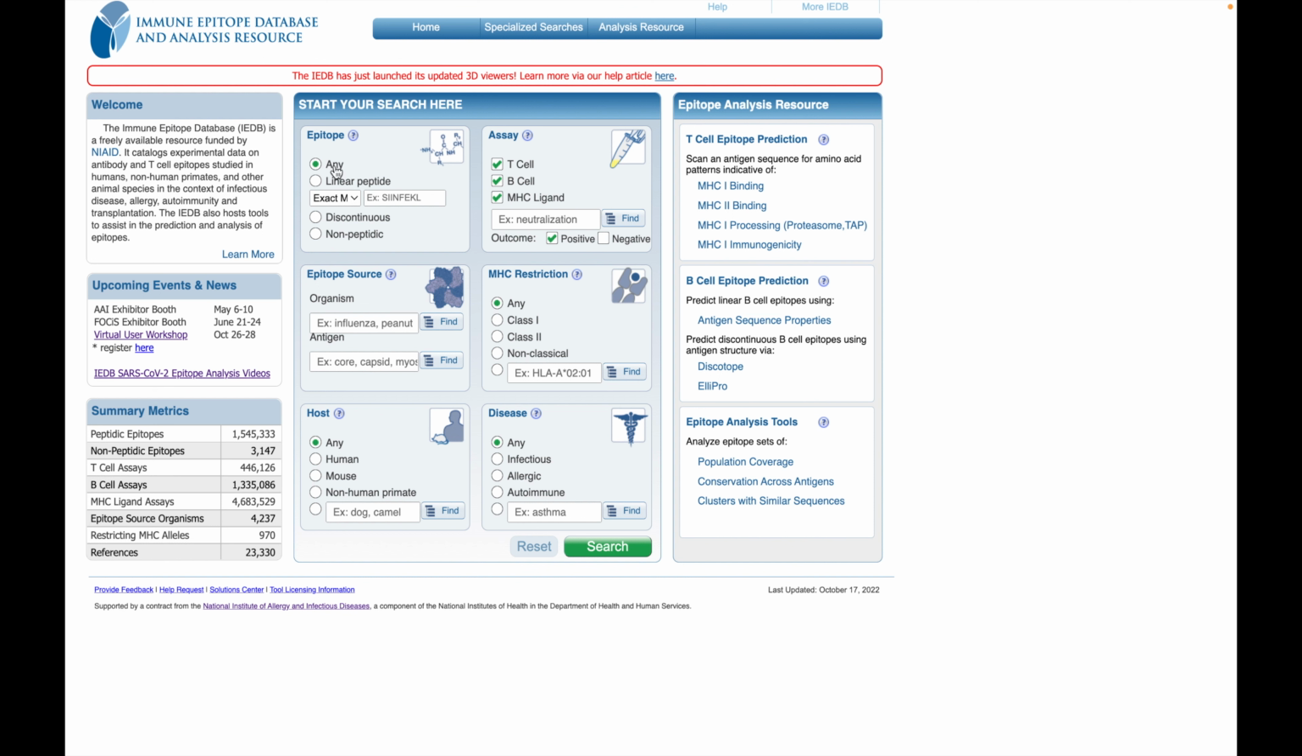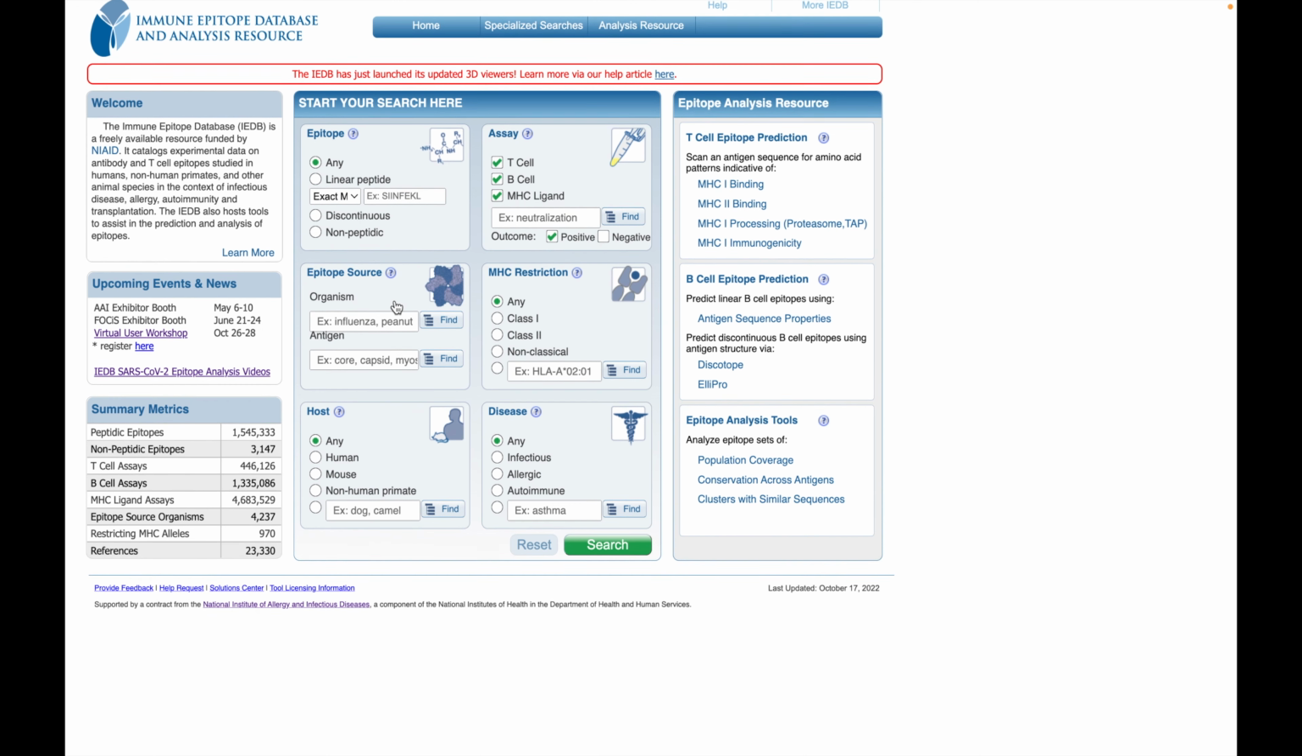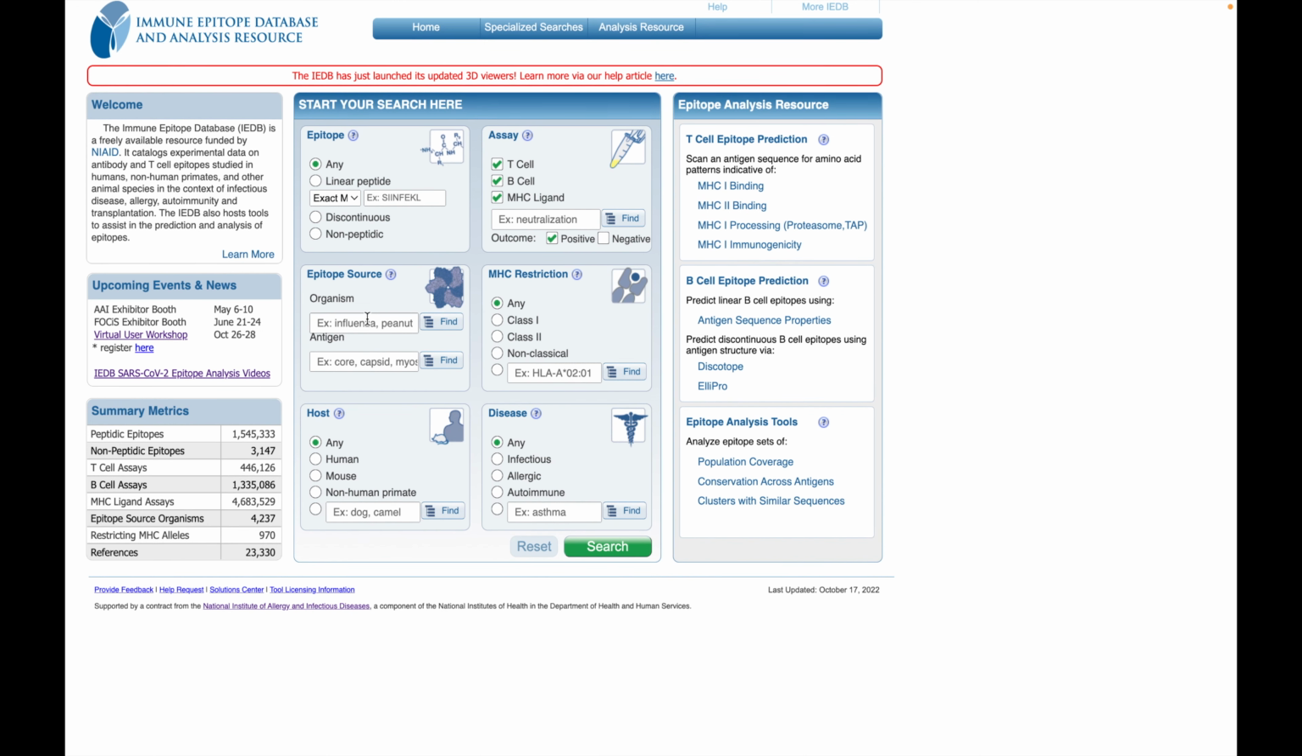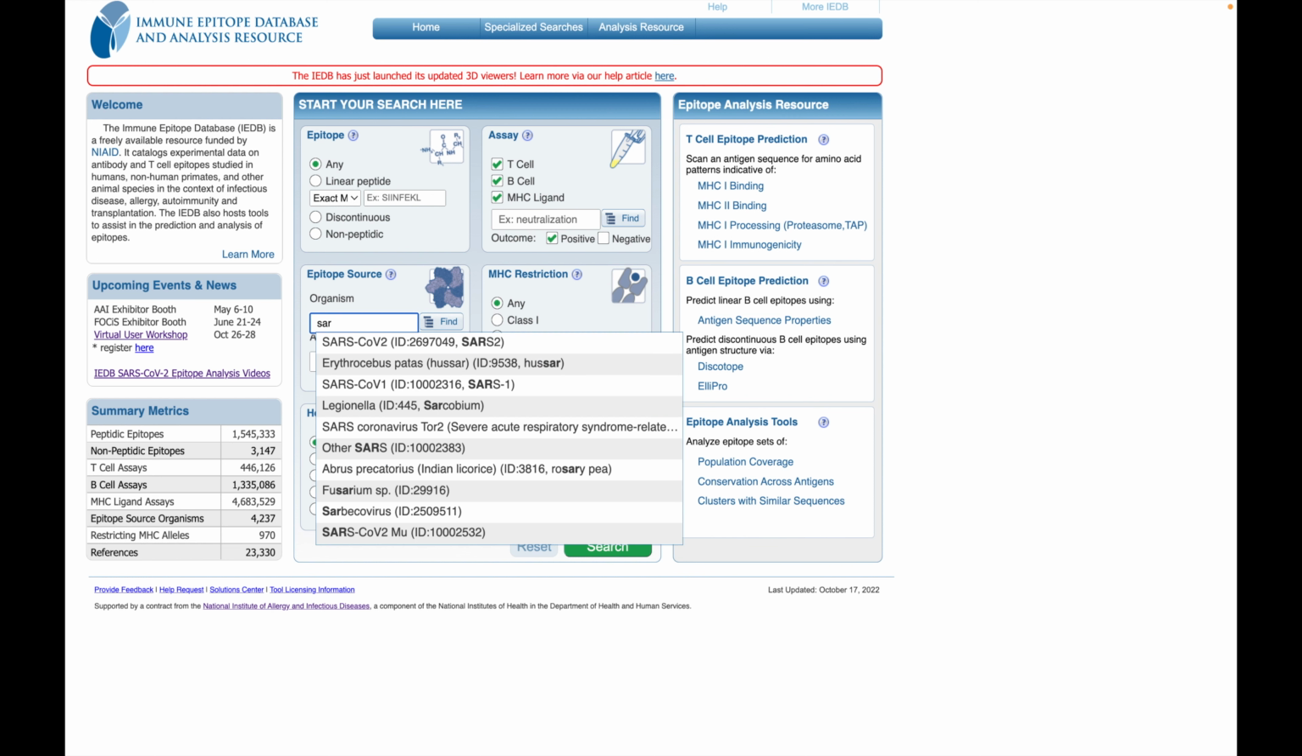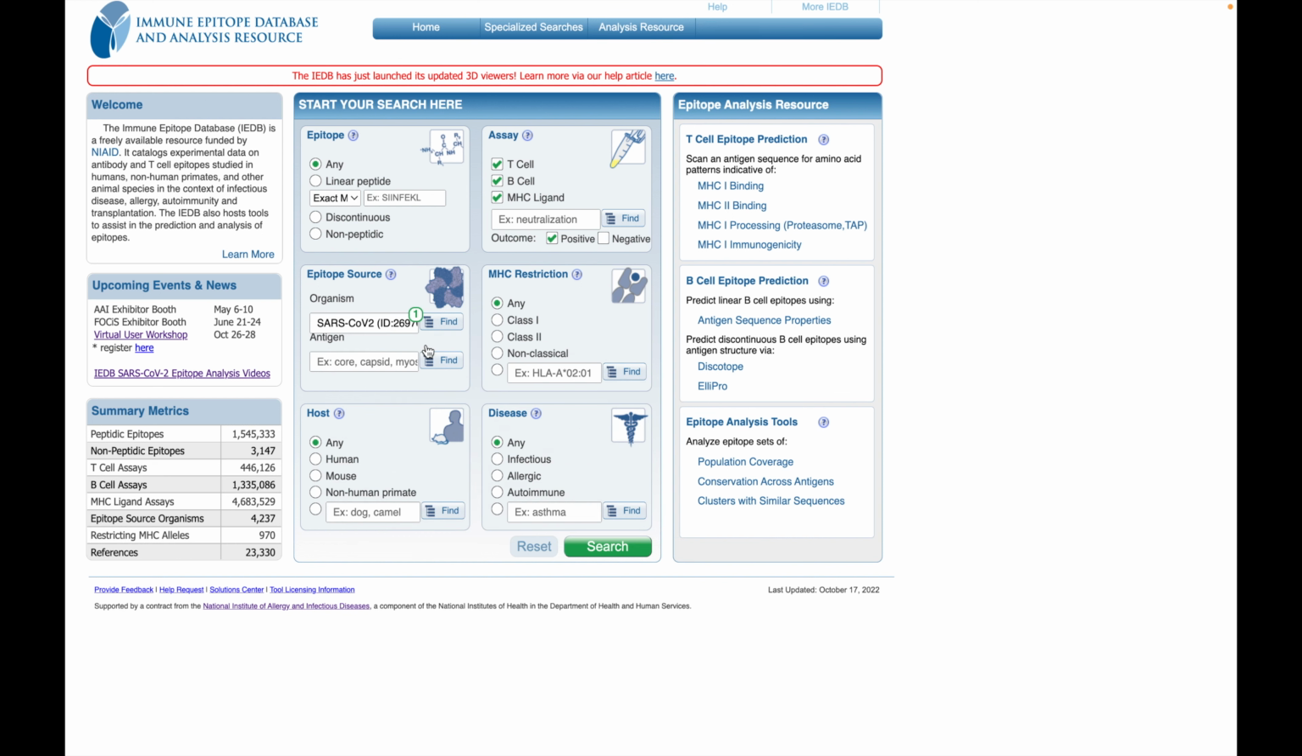For today's lab, we will be putting any. And the epitope source, so we're going to be putting the organism, right? It can be influenza, peanut, but today we will be putting SARS-CoV-2. You could be putting the antigen, but in this lab, we will be hovering over that and not doing that one. And then we have host. So we are going to be choosing Homo sapiens,